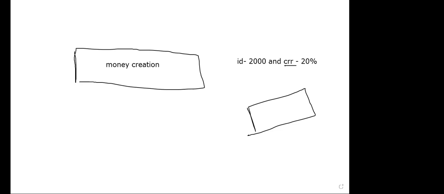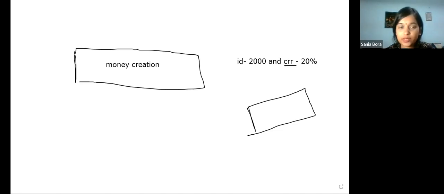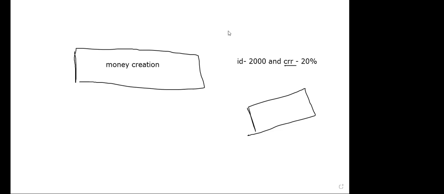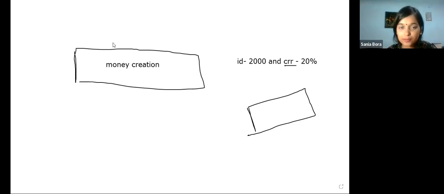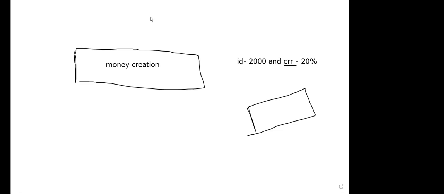Ma'am, done. Okay, you can share it with me. Those who are done, you have to write the process as well in the theory part. Have you done that as well? Ma'am, we first wrote the numerical, the table, right? Yes, and then you have to write the process in your own language, the theoretical part as well, like, this was my initial deposit, and whatever you did, in theory. I didn't do that yet, ma'am.